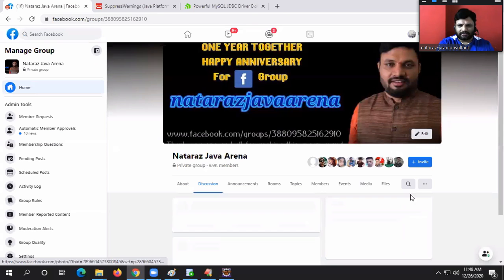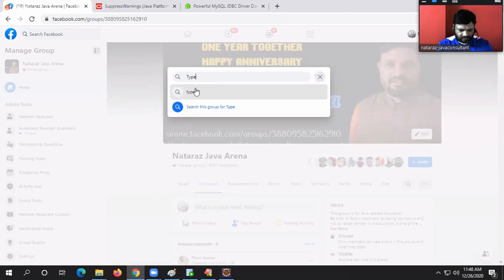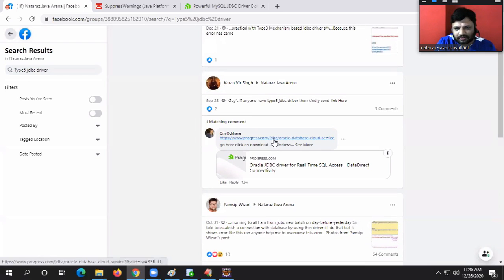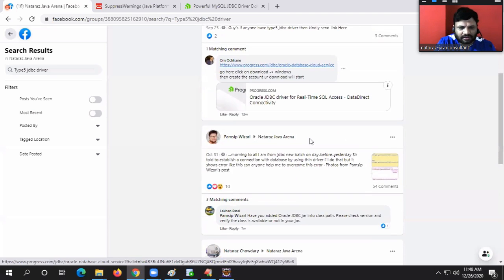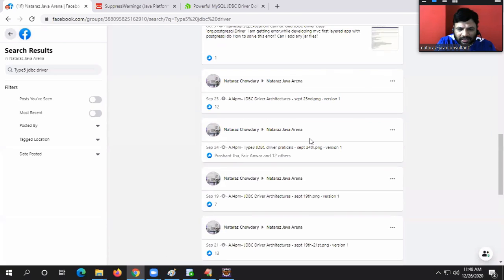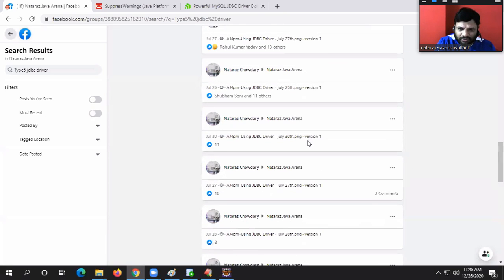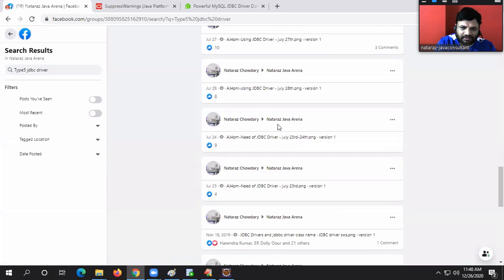What we'll do is search here, Type 5 JDBC driver. Yes, here's a route. Go here, download Windows, see more. Database cloud service, this is the one thing. Type 5 driver. I might have posted somewhere. Is it there? If not there, I'll put it one more time.